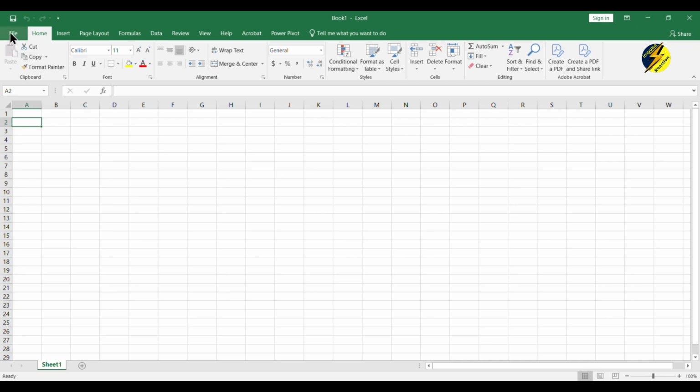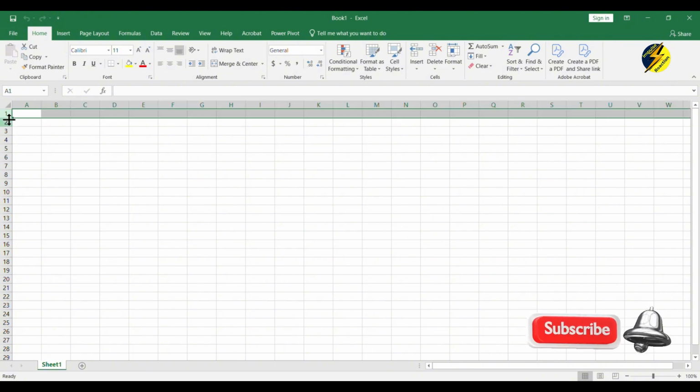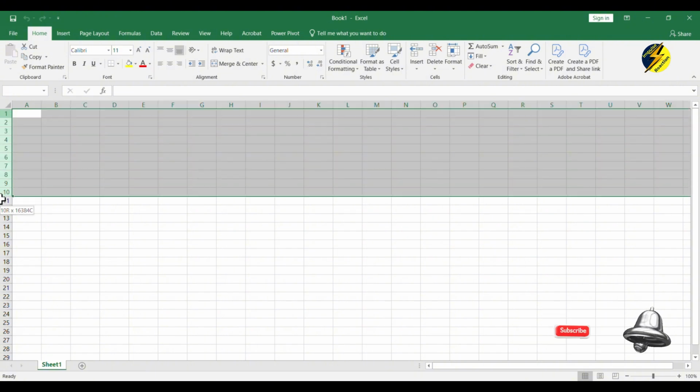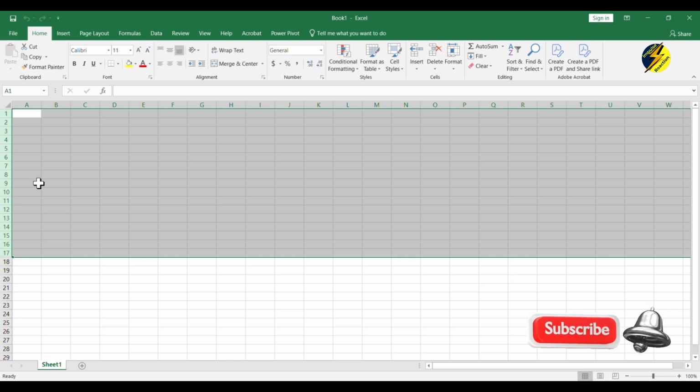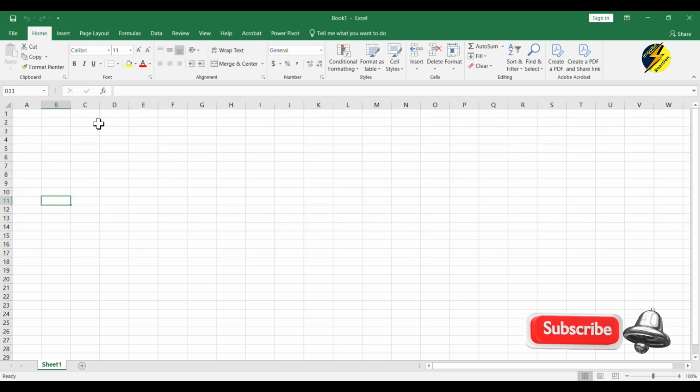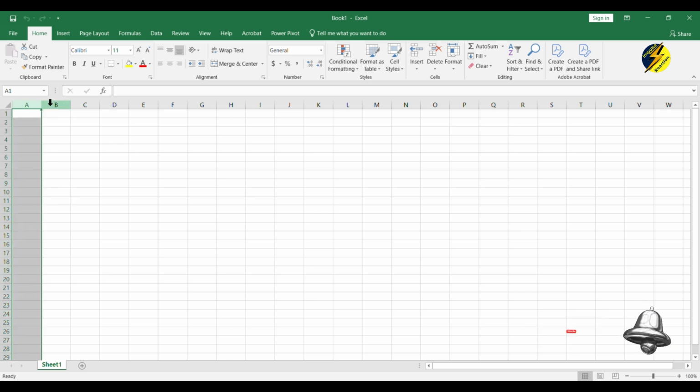Here is the top menu where you can see the file, home, insert, page layout, formulas, etc. And here you can see these numbers, which are showing my rows, 1, 2, 3, 4, and so on. And at the top, these are the columns which are represented by alphabets A, B,